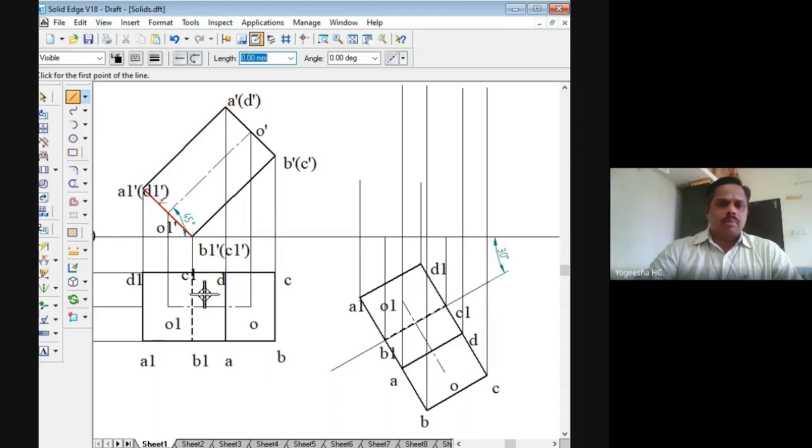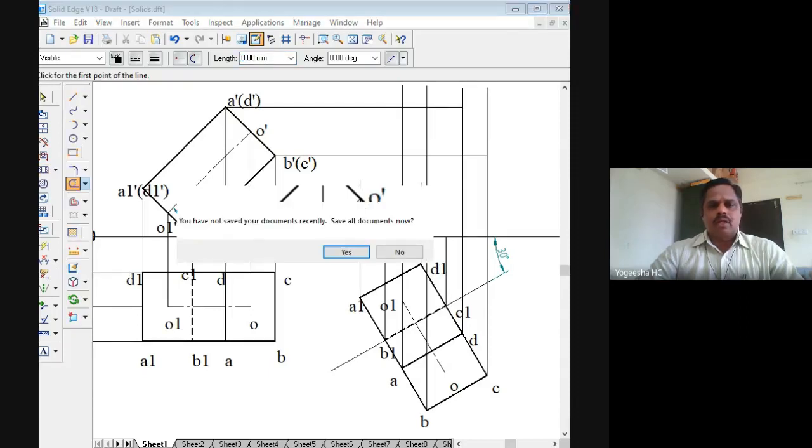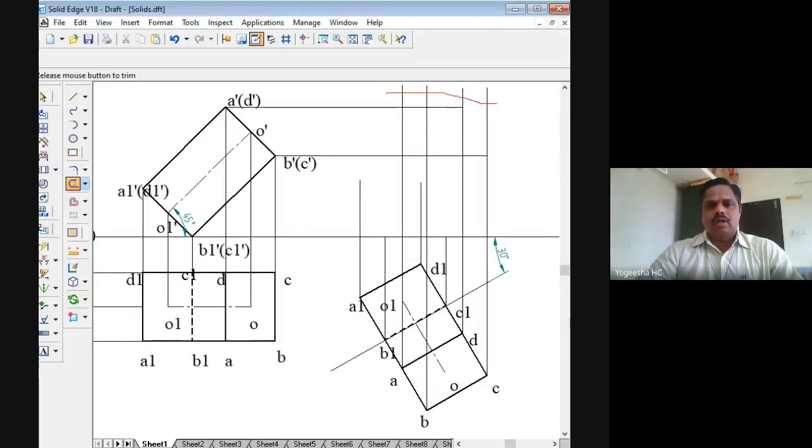Then I will draw the horizontal projector here with a line drawn from A1 and A. So this is A dash, and this is A. So the point A comes here. Then projector line drawn from B dash and B. B is here, no? So it is up to here. Then projector line drawn from C dash and C. It is up to here, right? Projector line drawn from D dash and here it is D. I can mark up to here. Extra lines I can trim off them, right? The top surface extra lines I'll just trim off here, right?